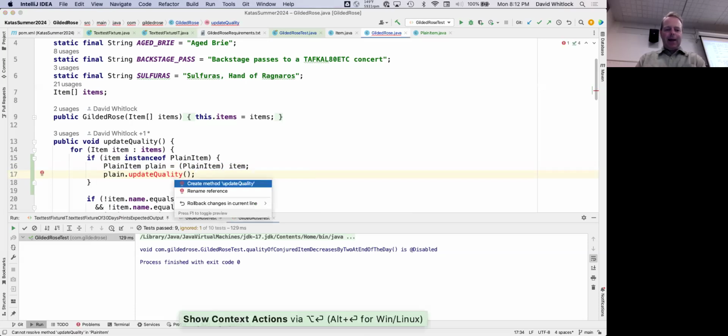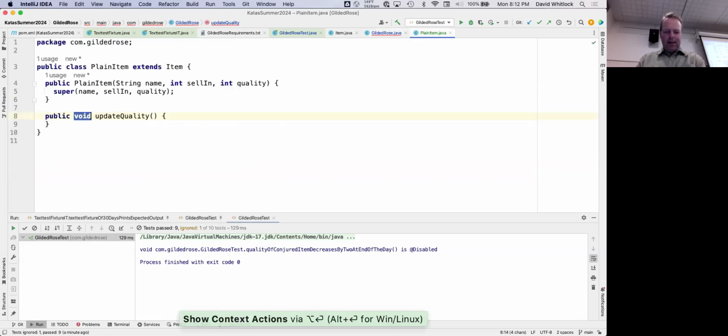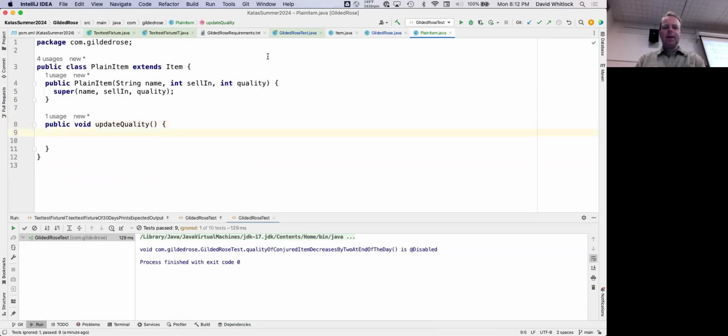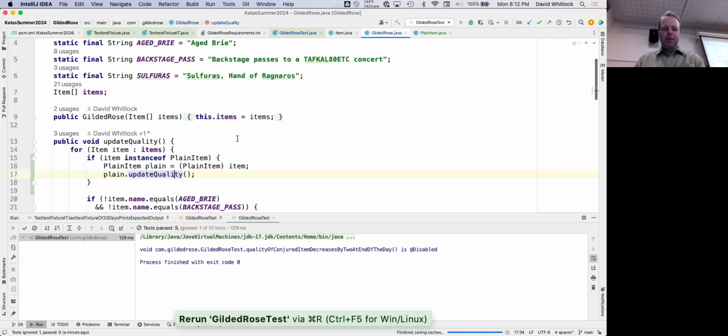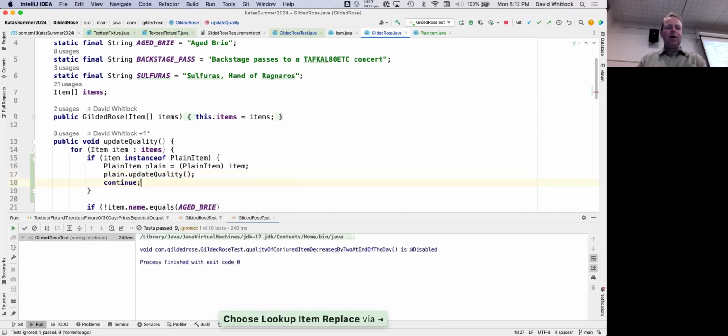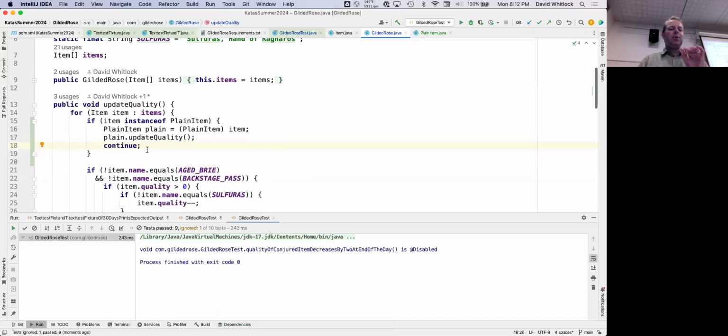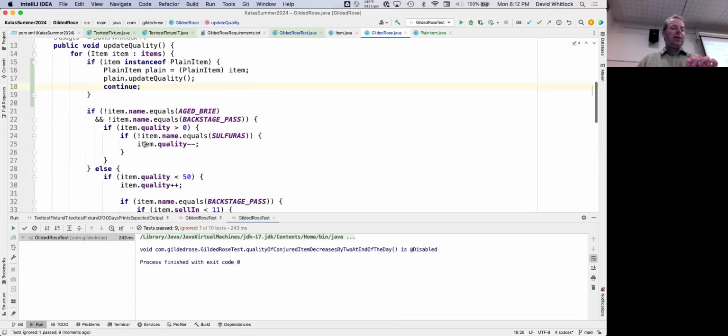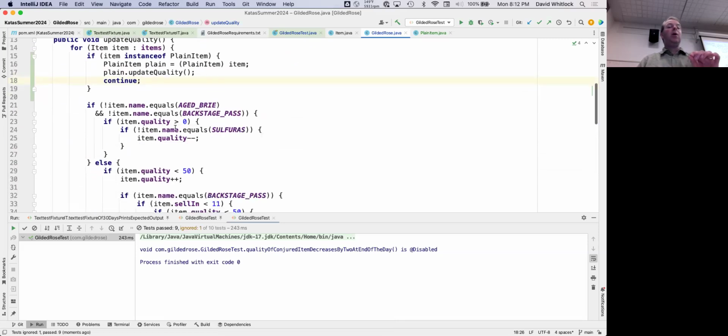Now I'm going to add that to PlainItem. Yep. Now if I run my tests, it ought to fail because, oh no, sorry, it won't. I need to call update, and then I need to say continue because I want to go on to the next one. So the whole idea here is that while I'm refactoring, I'm going to gradually add the behavior that I want in these update quality methods. And eventually, I'm going to make all of this dead code here.